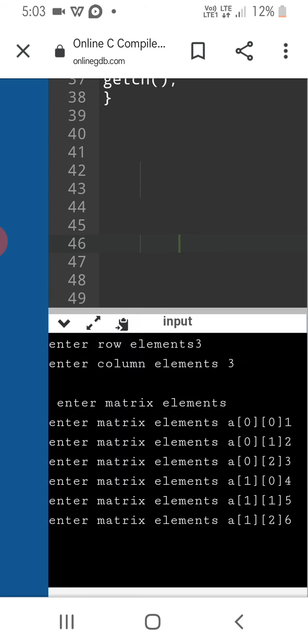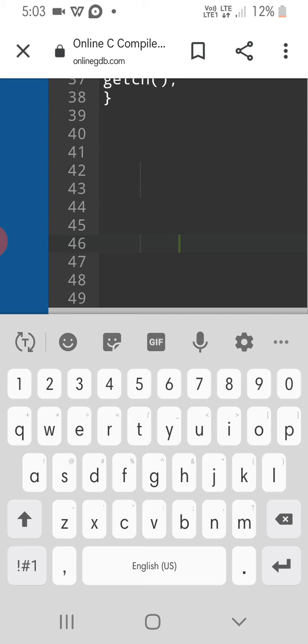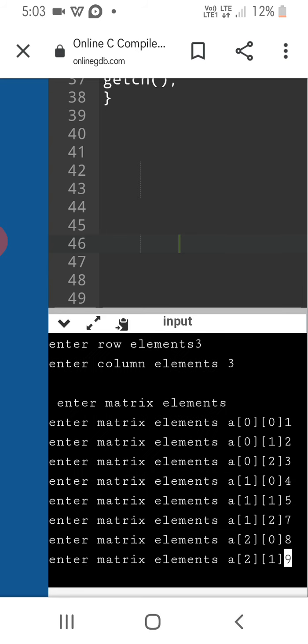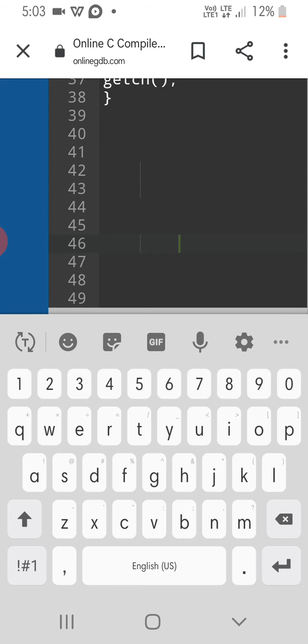If you have a doubt, please wait, let us check here. 1, 2, 7, enter, 8, enter, 9. Okay, see, all the elements we have entered, and there is one more element to print.